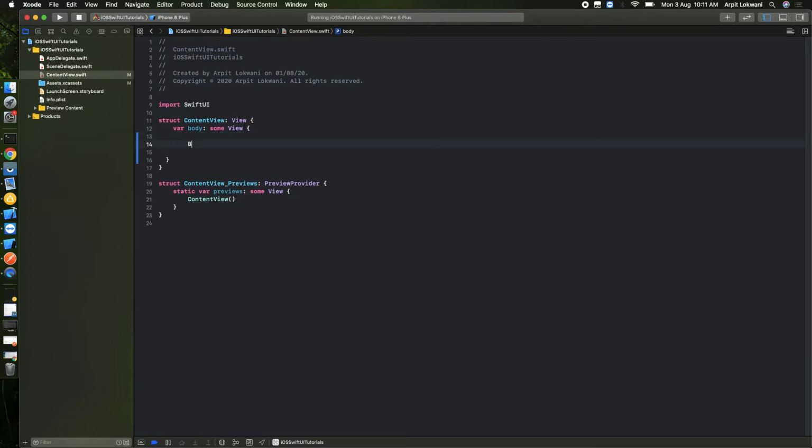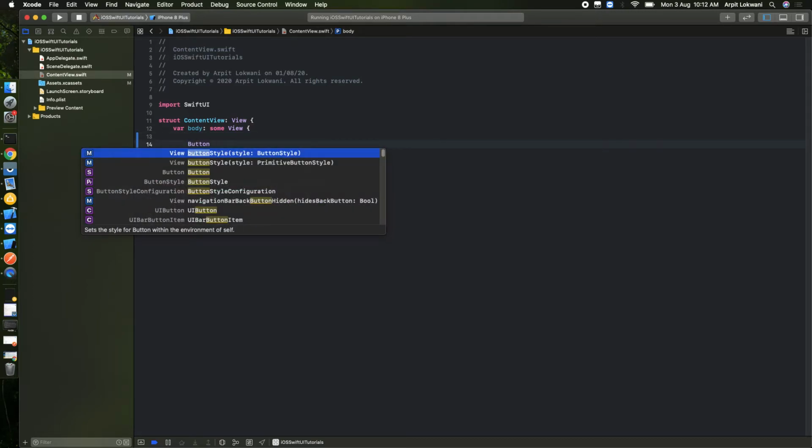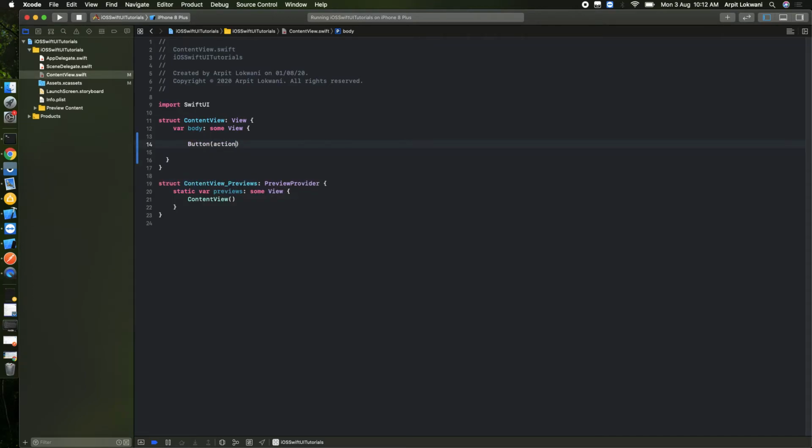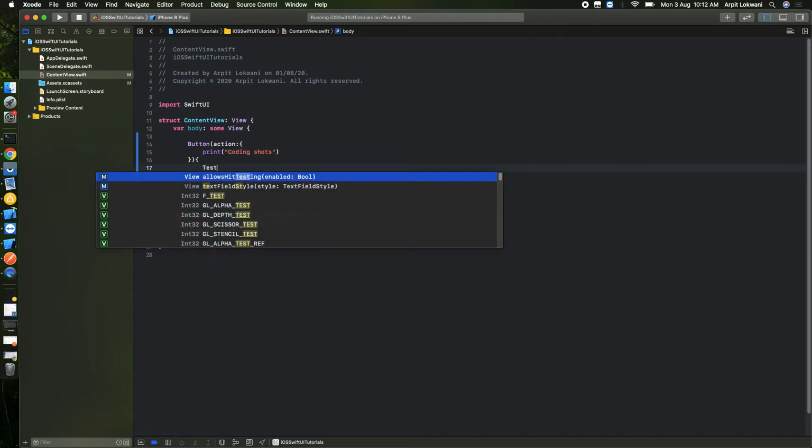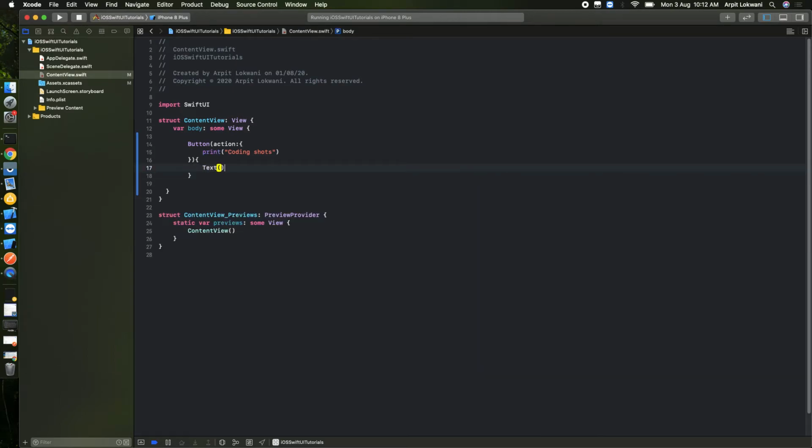Now we can create a button, putting some action. Suppose the action is a print statement. And the text, we can say please pay, fine, we can say like this.